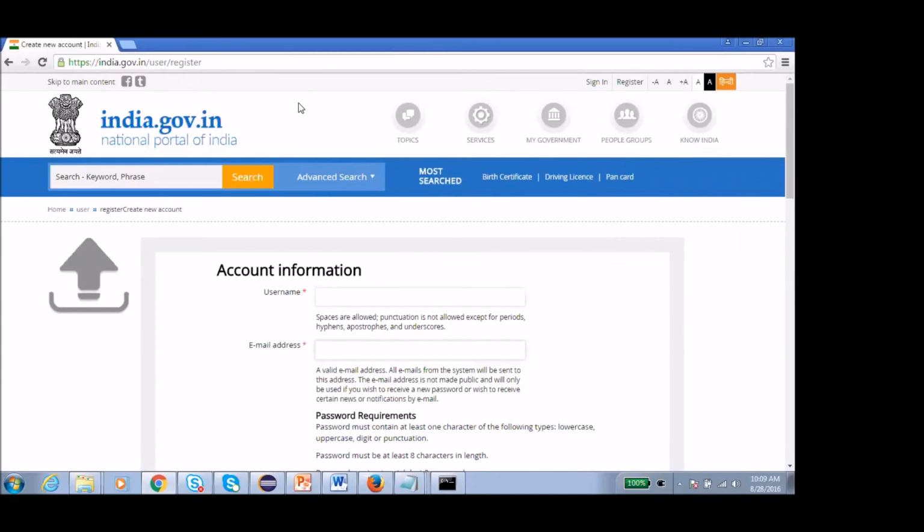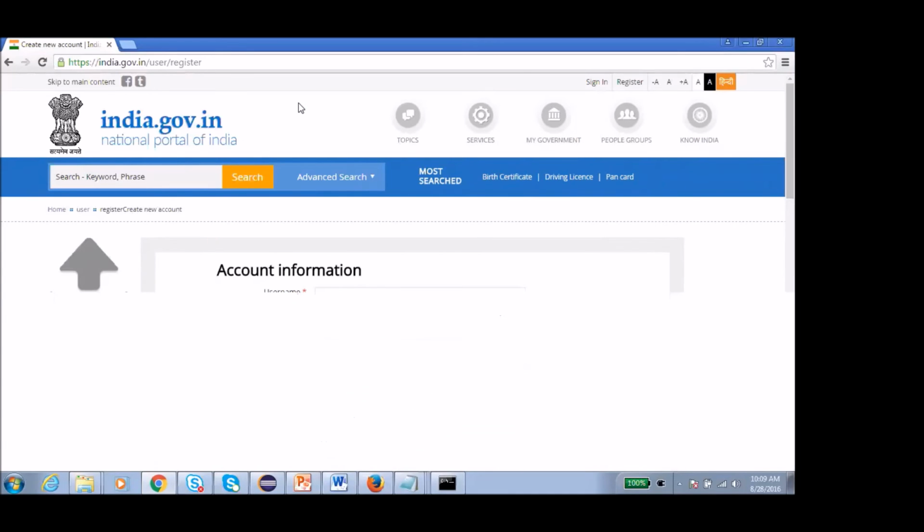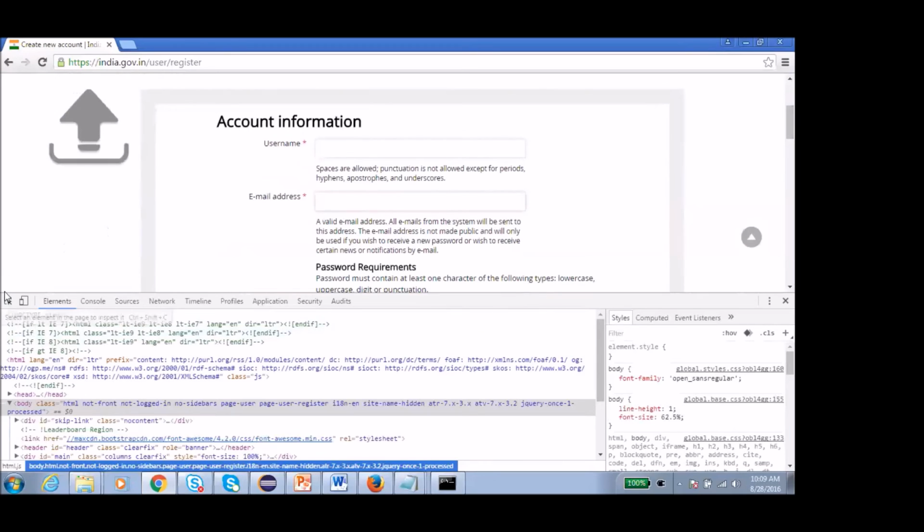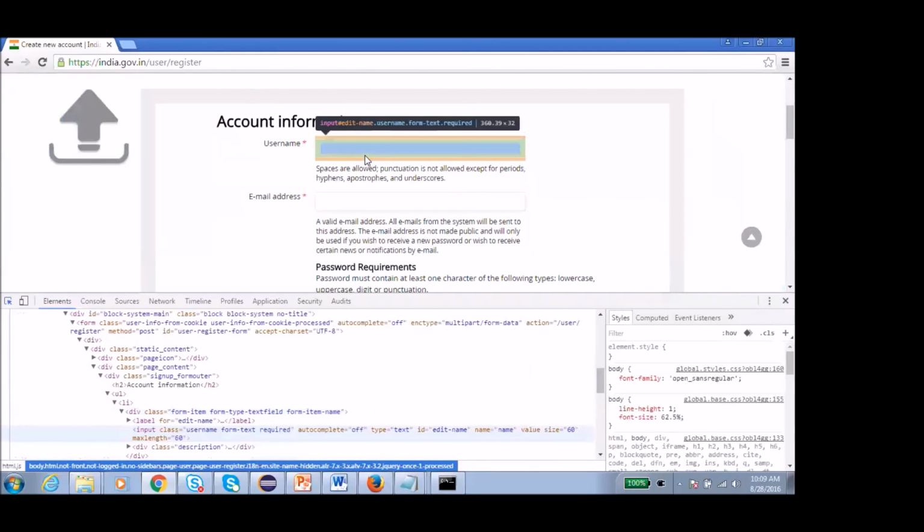So just go to your browser and press F12. I have pressed F12, and this is the bottom panel which we will get, and just click on the first arrow mark. You can see "select an element in the page to inspect it." So just click on that arrow mark, and whichever field, or I will say object, just go to that and click on that. So I want to identify the username.